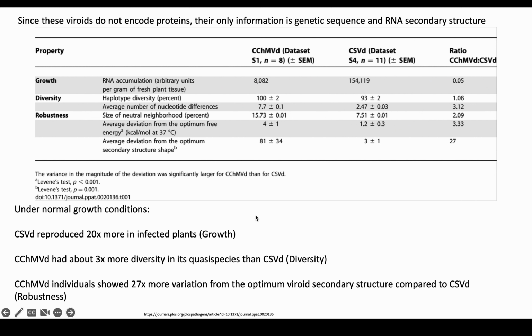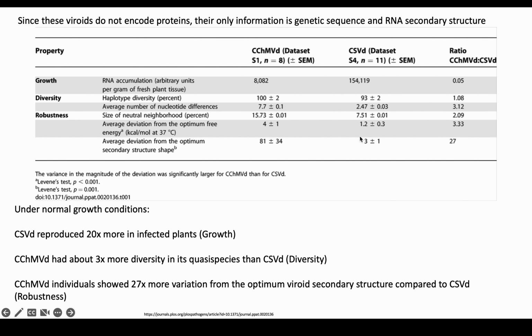And then robustness. I think this is the interesting one. So they're looking at, since the viroid is just a circle of RNA, the 2 things that it has are a genetic sequence, and so we covered that in the diversity section, and it has an RNA secondary structure, so it folds up. The optimum RNA secondary structure is if basically everything on the one side is paired to everything on the other side, so it's just zipped together, and that way it can squeeze through little pores between cells, for example. And so, yeah, the more base paired it is, generally the better for viroid fitness.